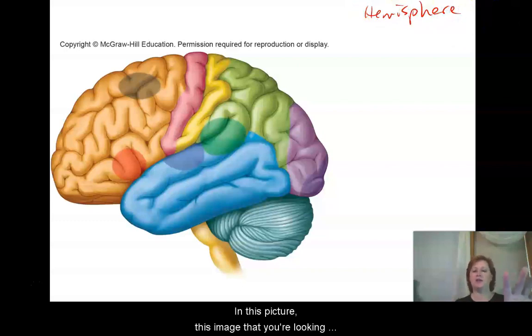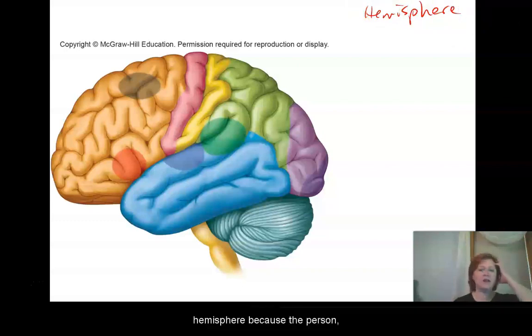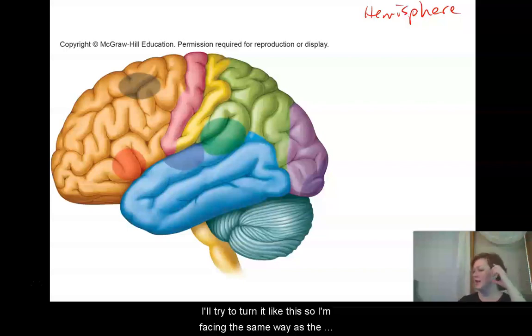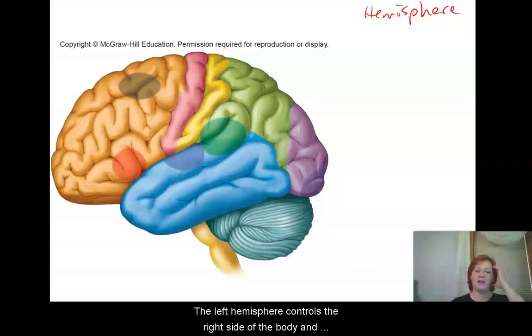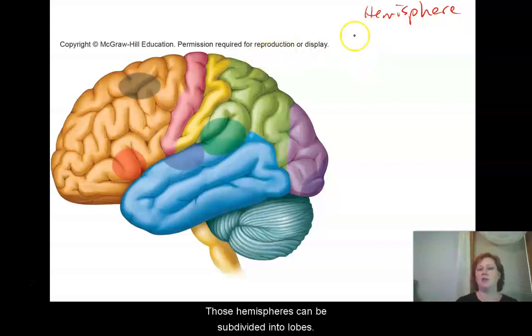In this picture, this image that you're looking at right now, you are looking at the left hemisphere, because the person, I'll try to turn it like this, so I'm facing the same way as the picture. So you're looking at the left side facing the same direction as that picture. The left hemisphere controls the right side of the body, and the right hemisphere controls the left side of the body. Those hemispheres can be subdivided into lobes,